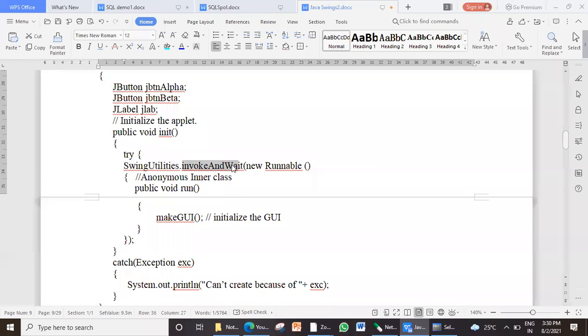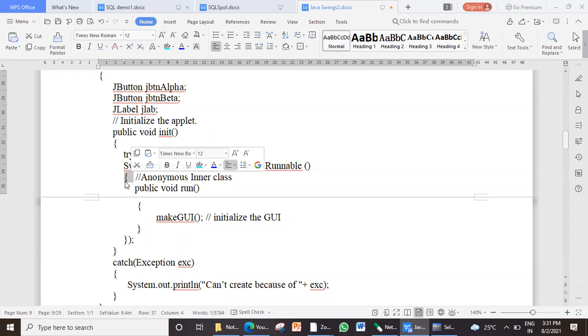In case of a frame, where we create normal applications, as you all know, you use the main method. So the main method will always have its own main thread running. So that's why there we can say invokeLater. But here in case of an applet, we have to use invokeAndWait. So this method is used to create a new event dispatching thread. Again, to create a thread, I am going to make use of the Runnable interface. Again, to create an instance of the Runnable interface, I am using the same concept of anonymous inner class.